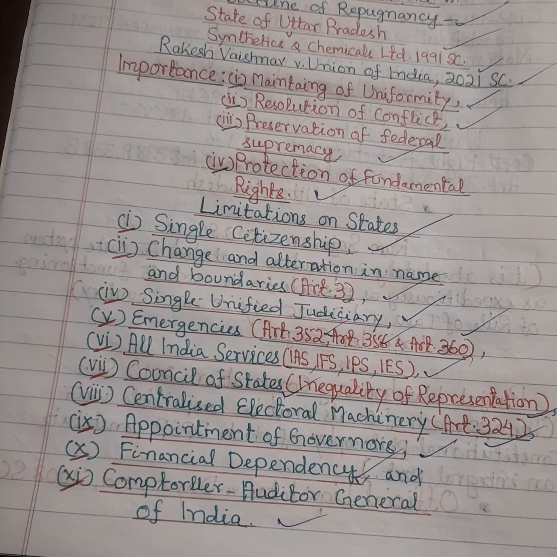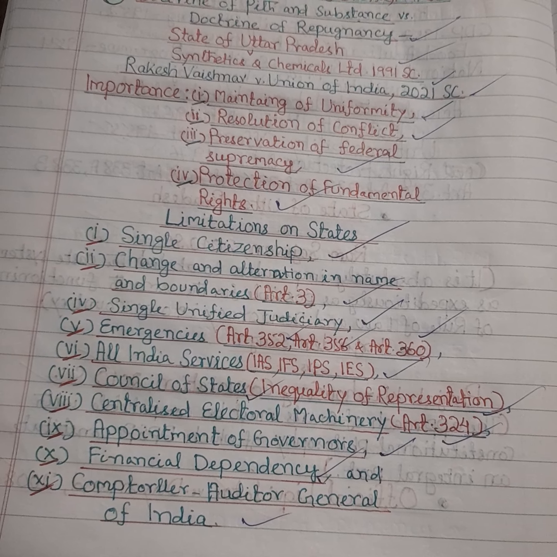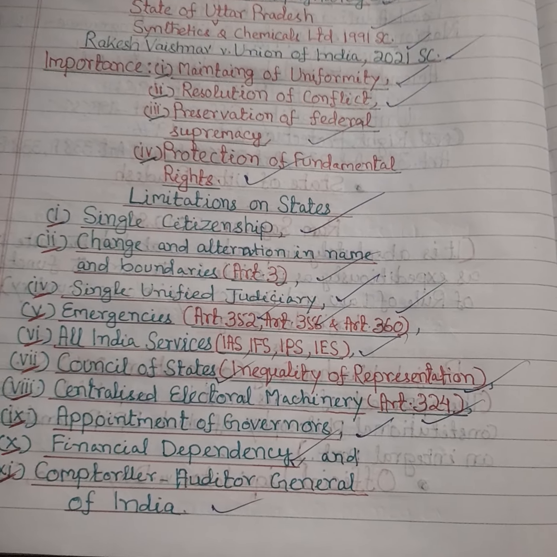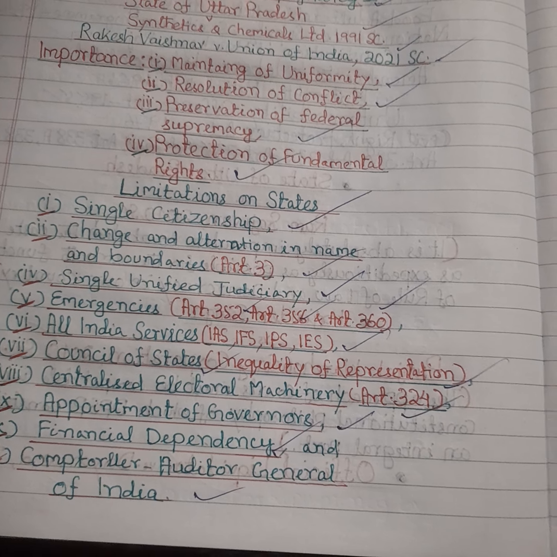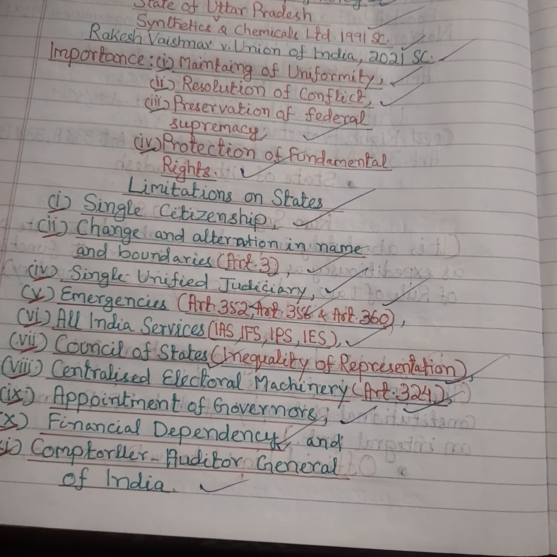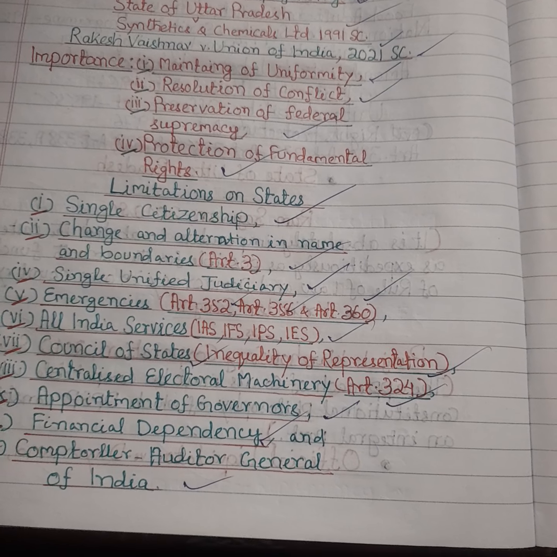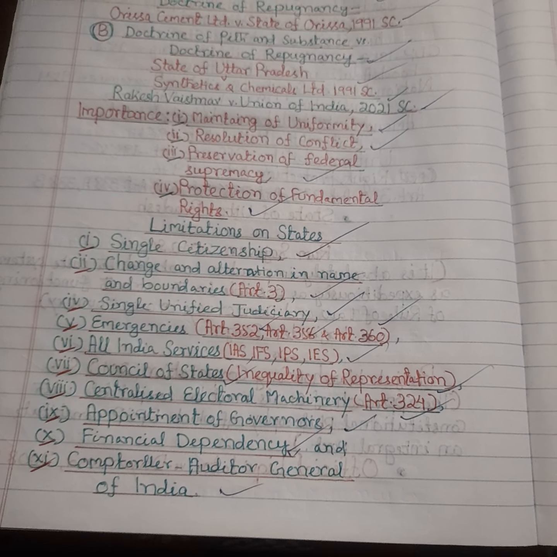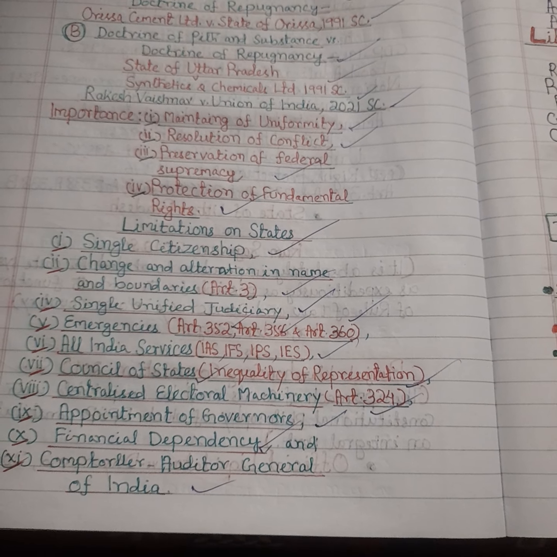So, we have completed the very doctrine of repugnancy, its very origin and development and how it was borrowed into the Indian Constitution from the Australian Constitution, and as under Section 107 of the Government of India Act 1935, and we have discussed all the provisions relating to Article 254, Article 245, 246, 249, 250,